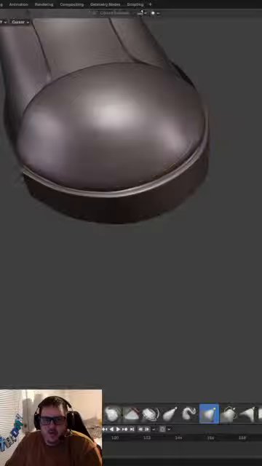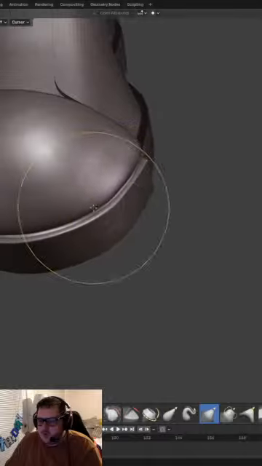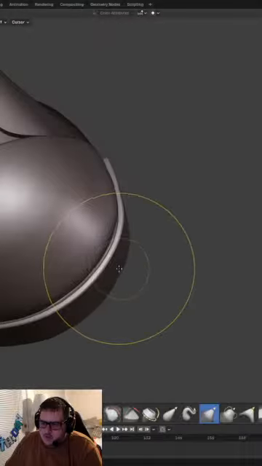And let's see if we can just use the grab tool now and make some minor changes here.